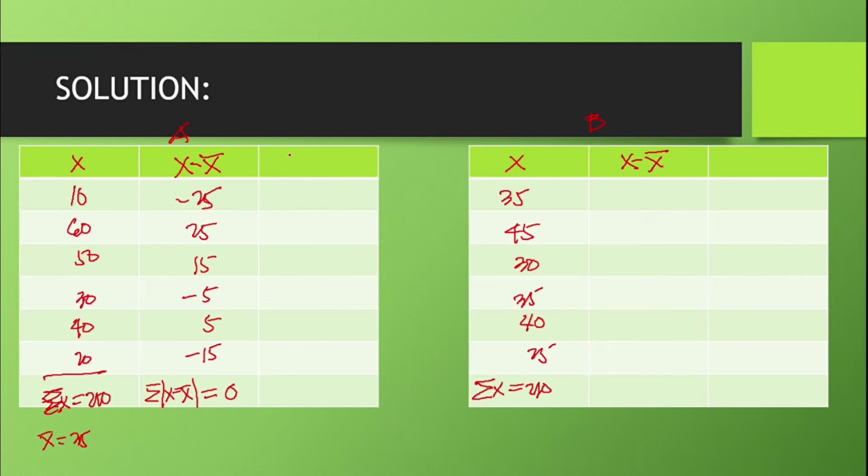Next, we have the square of this one. So this is the difference for the average deviation. This is absolute, and this one is the square. If you take the square of 25, we have 625. We have 625, and 25, 25, 25, and 625. If we add this one and get the sum, the result is